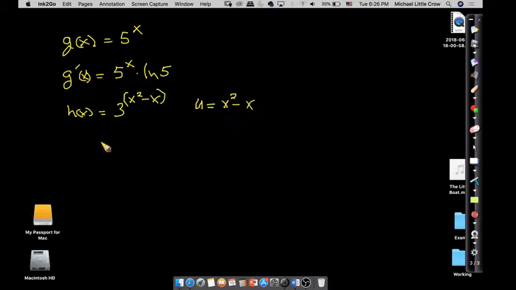And so in that case, what do we have? We've got 3^u. So it's sort of a new function. If we took the derivative of 3^u, what would it be? It would be 3^u times natural log of 3. Okay. But this u, the reason we use it, and then the chain rule, we have to multiply by the